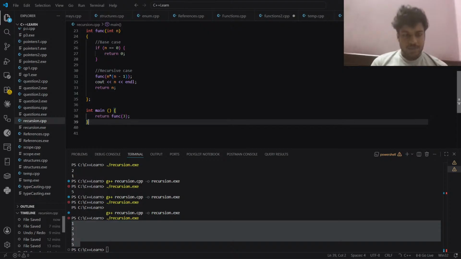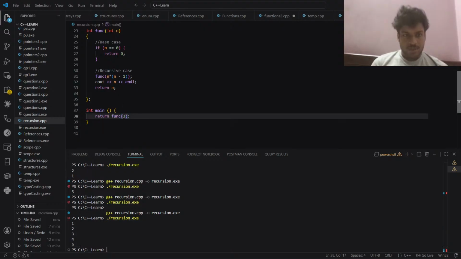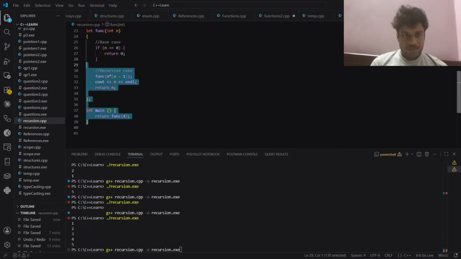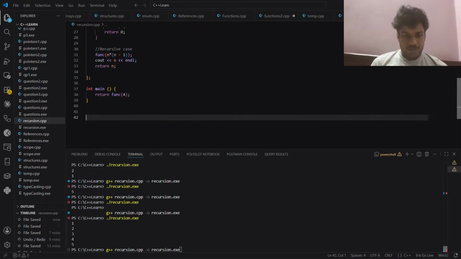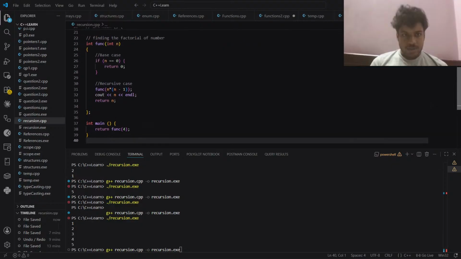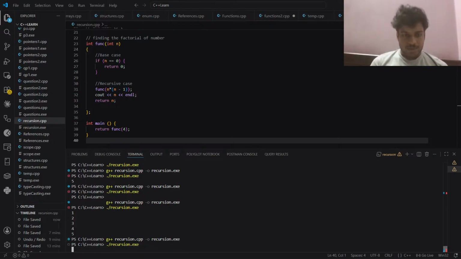Factorial of 3. So what happens? Let's see. Or maybe let's do it for 4. Let's find the factorial of 4, right? So this is the factorial we have to find. Here, let's see what happens. We need to find the factorial of 4. This is not the exact program to do that, but let's see what happens here. So as you can see,